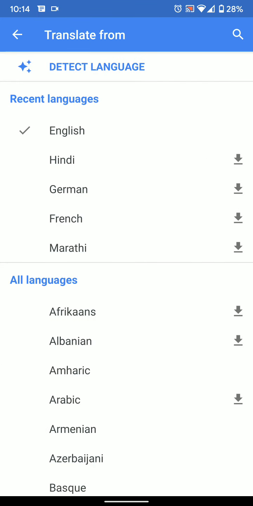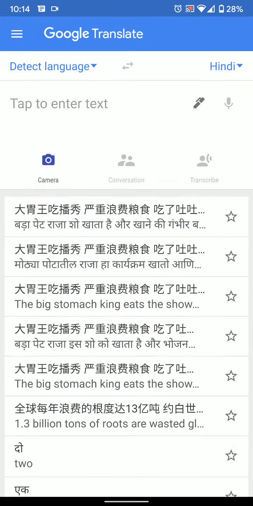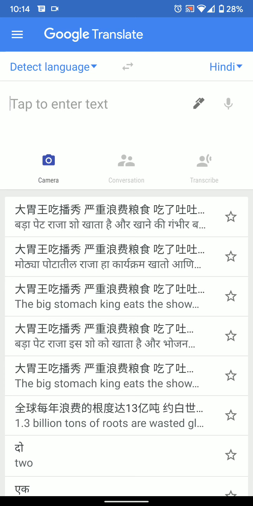If you don't know which language somebody is talking, you can select detect language and it will automatically detect the language, so you don't have to worry about what you are searching for if you don't know the actual language.